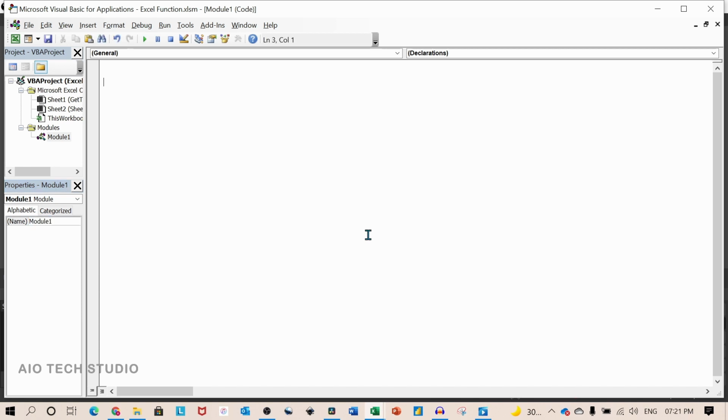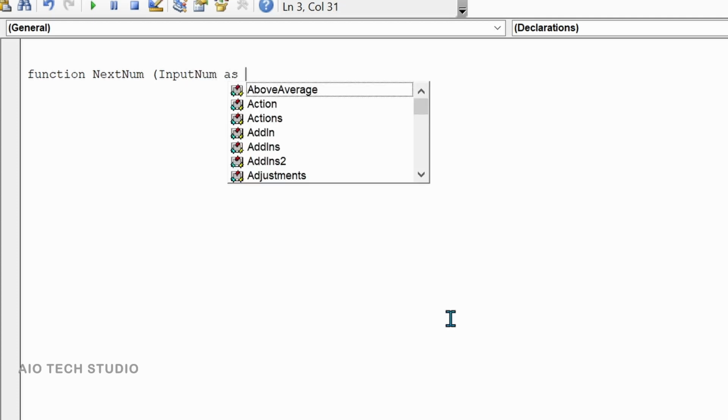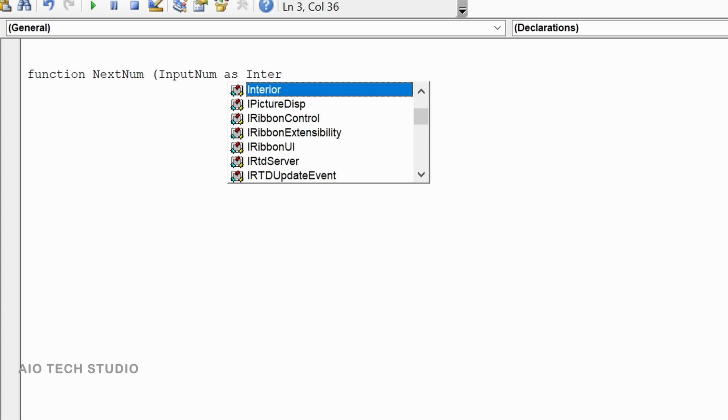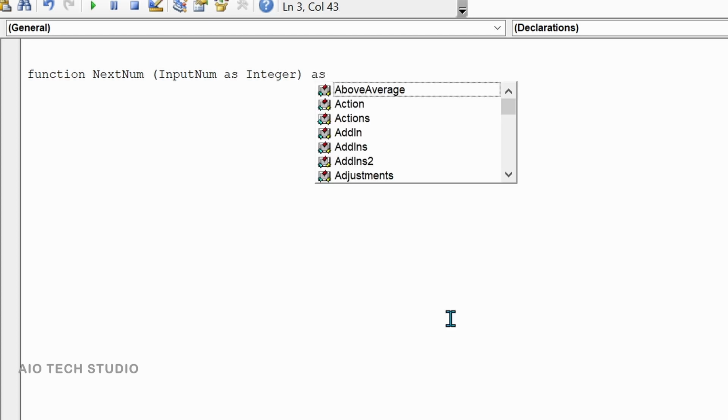The syntax to create a function is Function followed by its name. We'll write NextNumber, open parenthesis, where we will put all the input arguments and define it as Integer, and finally the output data type.